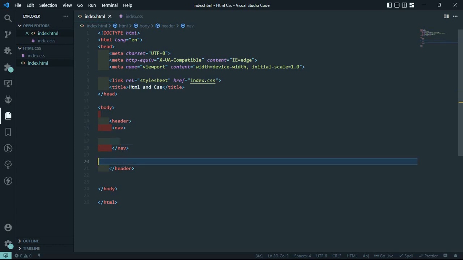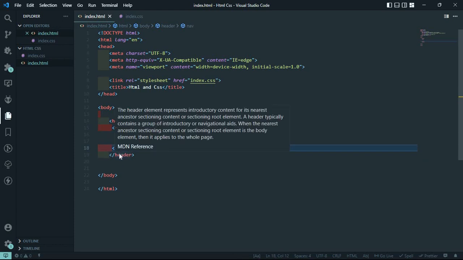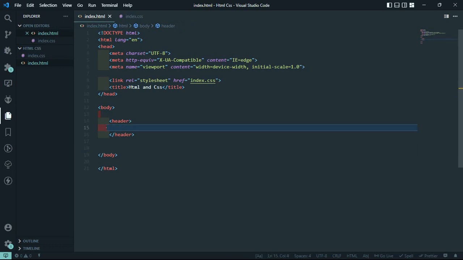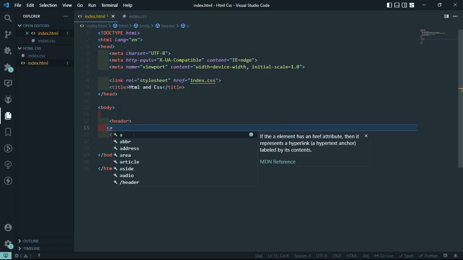Now, the header tag indicates that you're creating a header. And this nav tag here is representing a sidebar. What this nav tag will do is expand the elements out. Usually when you place elements, they stack on top of each other. So let's say if I were to get rid of this nav tag and just try to put a normal a tag in here, so a,